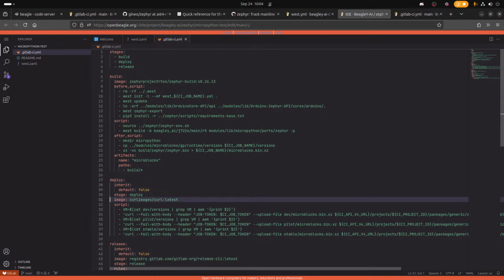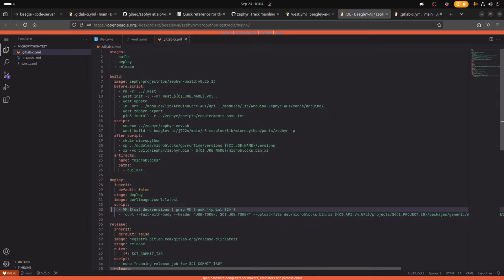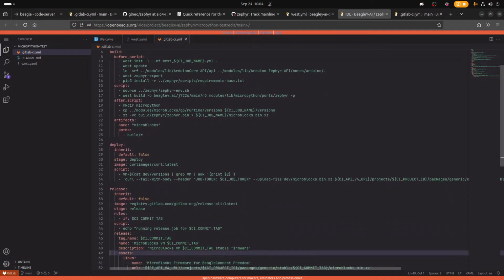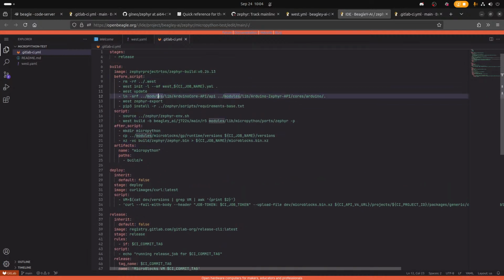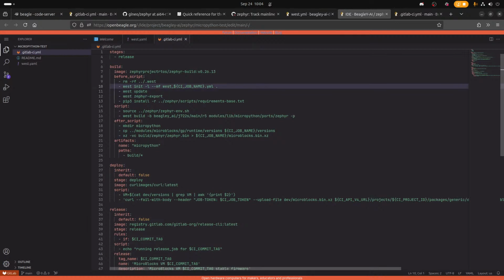So deploy is going to be similar, but we just need one file. I don't think the deploy thing is to push to the package registry. So, do we want to do that? I mean, we want to make it easy to download the image. I don't know necessarily what that means.